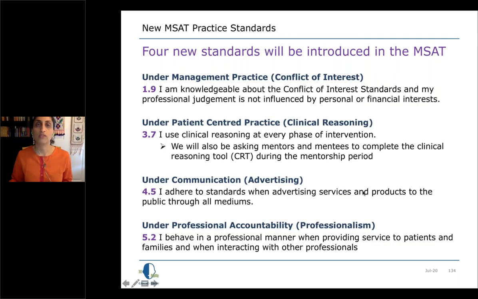Depending on when you start the mentorship, we are introducing 4 new practice standards. This is because there is an online self-assessment tool that is completed by general registrants of CASLPO every year, and the MSAT is basically a reflection of that tool. So 4 new standards are being introduced into that general registrant tool, and they're also coming into the mentorship self-assessment